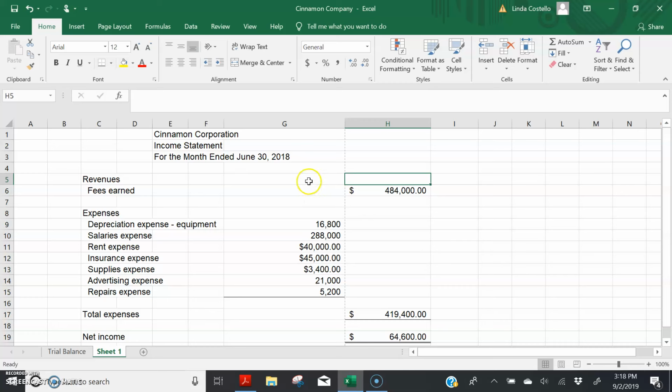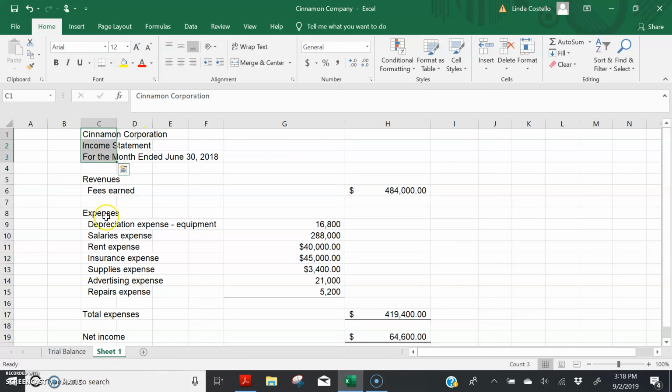So rule number 1 is there should be no unused columns at all. This one, A and B are not used. We've got something in C, but we have nothing that begins in D. Cinnamon, the 3-line heading is actually in the wrong spot, and when we move it, E and F will also be unused columns. So let's move the 3-line heading to be flush left with our worksheet. We'll start there. Now let's get rid of the columns we don't need.